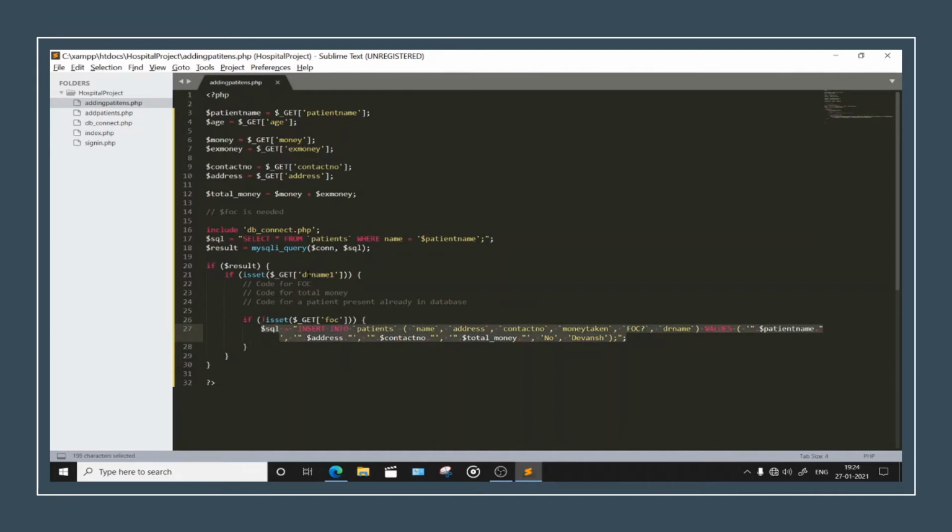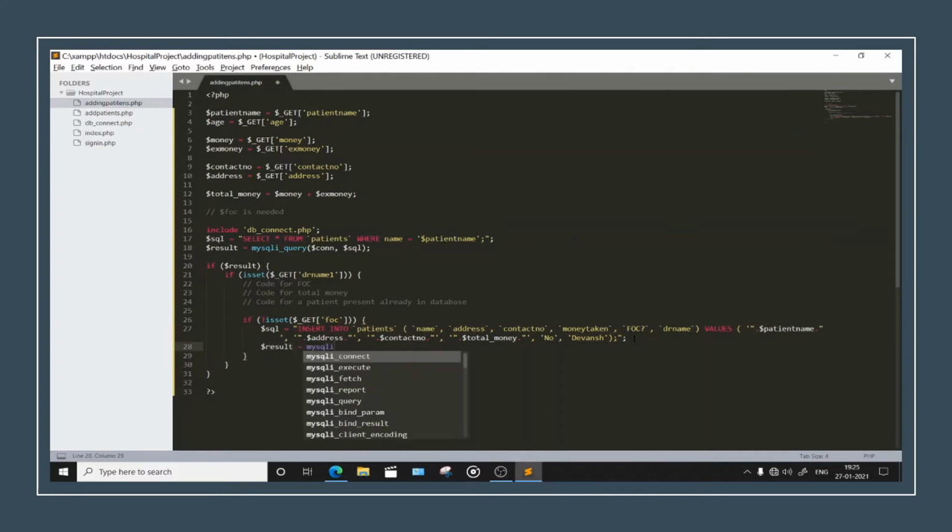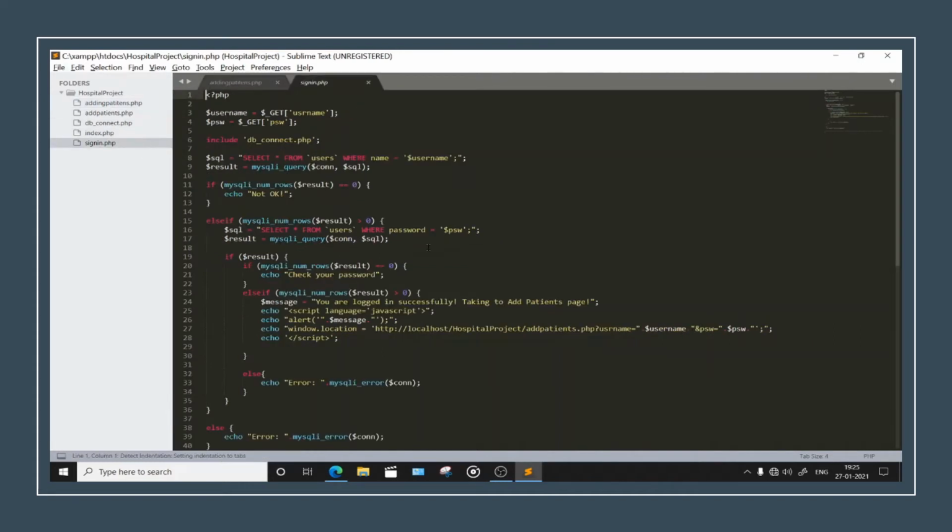So what are we doing? We are selecting if first doctor name is selected and if FOC is not clicked or if it is not selected, then go this way. Okay, we need to execute this. So dollar result equals mysqli underscore query dollar con comma dollar SQL. Fine. Okay. So now if dollar result, then I want you all to head down to the signin.php file